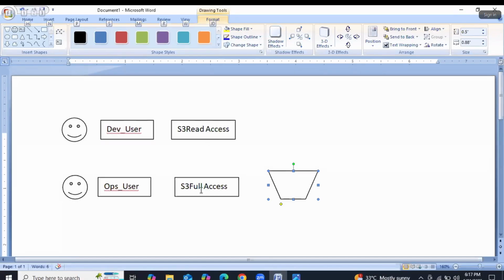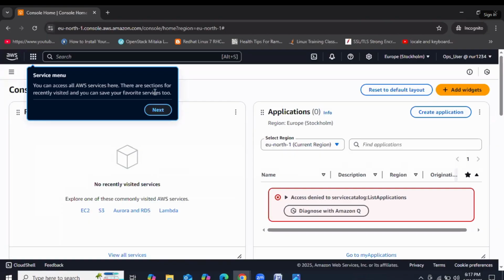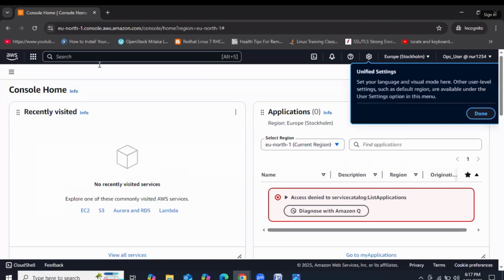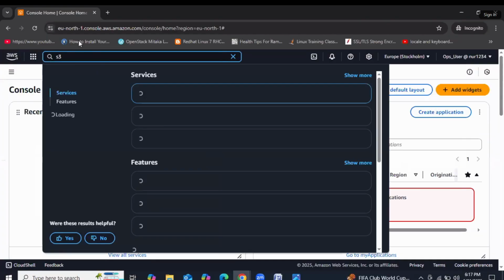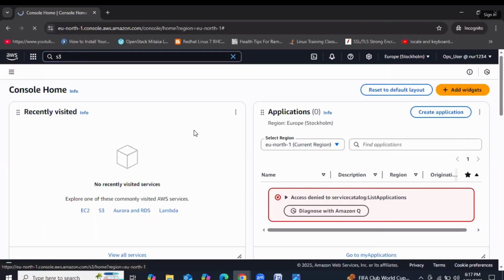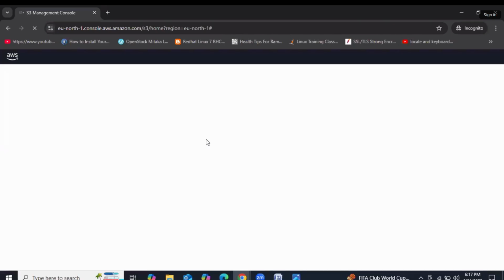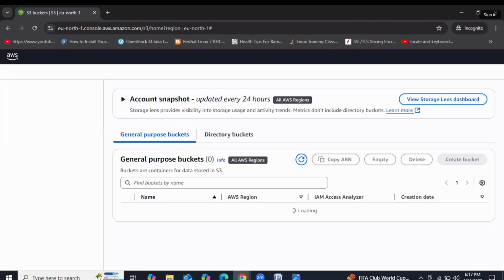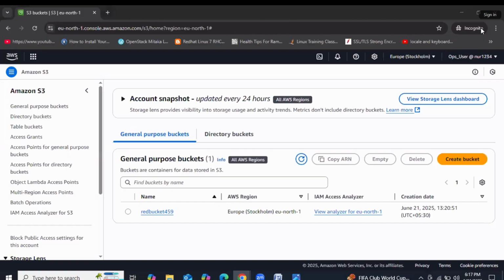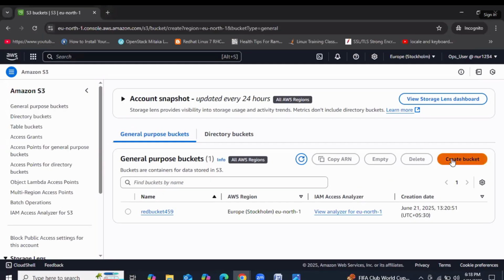So now let's verify whether this ops user can create the bucket or not. I'm going to the S3 service. Directly you can search here S3, then click S3 service. Got it, guys? Then I'm trying to create one bucket with the help of the ops user. So already we have one bucket here, right? So let's see here. I'm trying to create one bucket, create bucket,